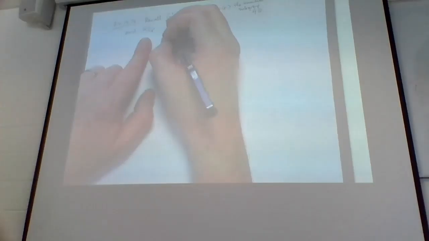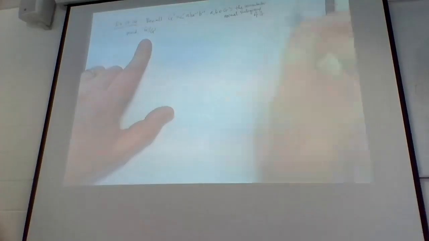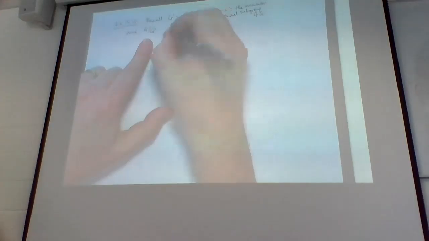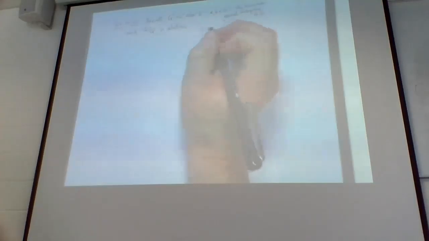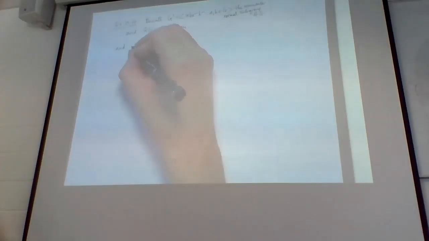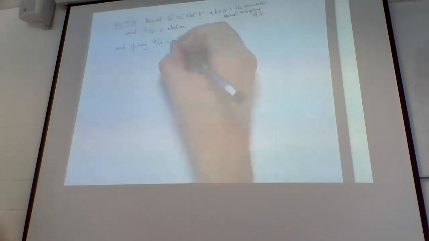First of all, this will be a normal subgroup of G, so you can do the factor group. The factor group is abelian. And if any factor group G mod H is abelian, that can only arise